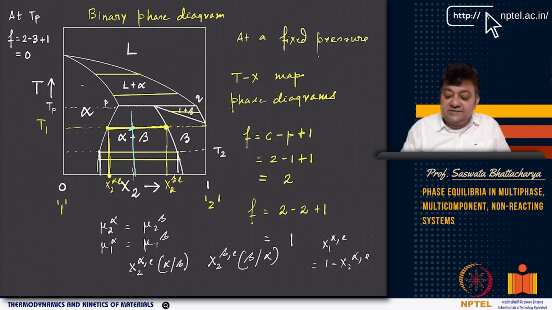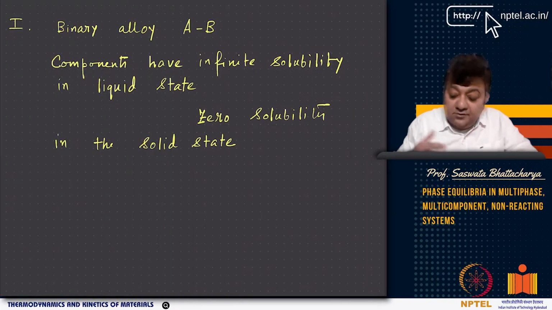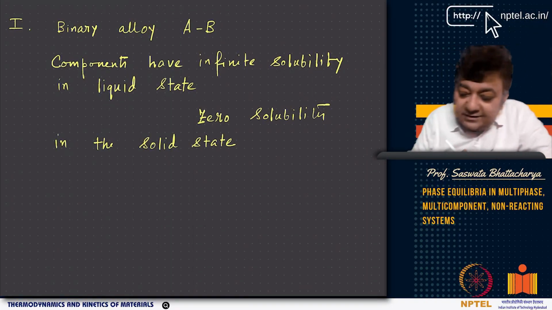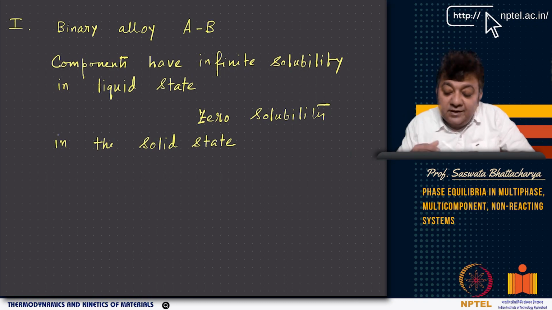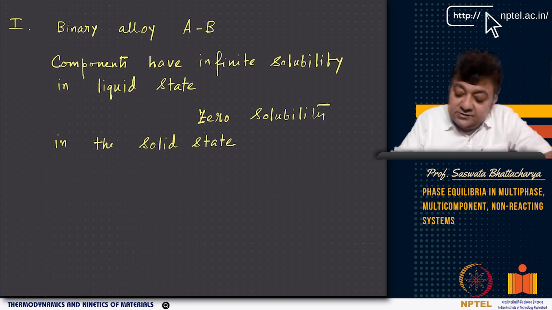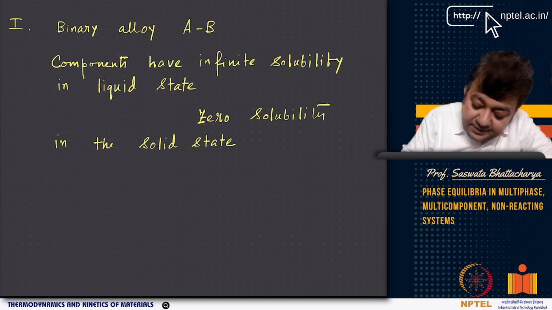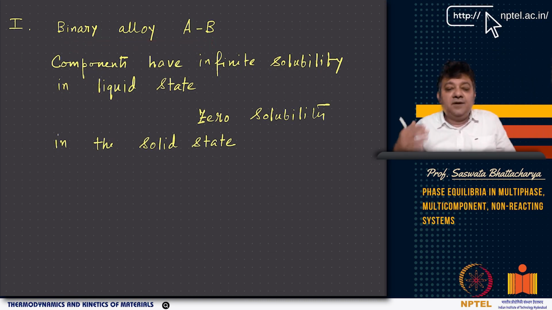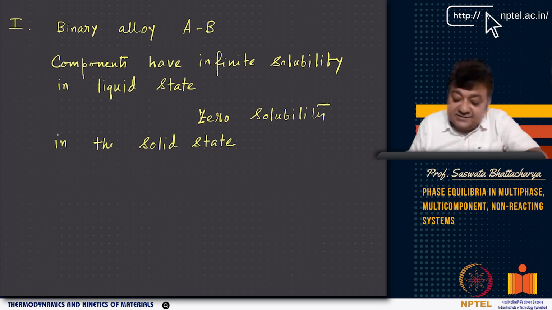Now let us look at binary alloy diagrams in a more intense and systematic way. So we will look at this binary alloy AB. If we understand binary alloy phase diagrams, the knowledge can be applied to ternary diagrams, and you can look at some quaternary systems, where again you can look at some pseudo binary or quasi binary sections, and make sense of them.